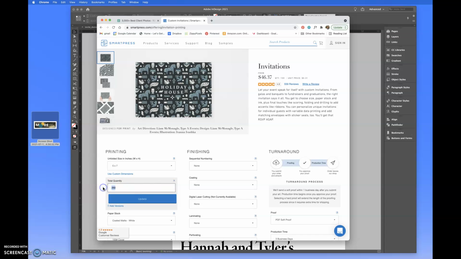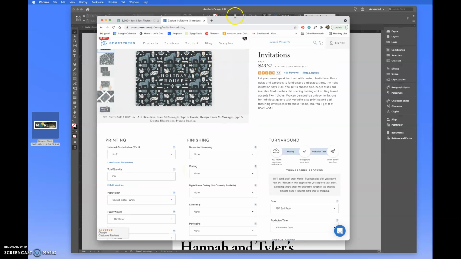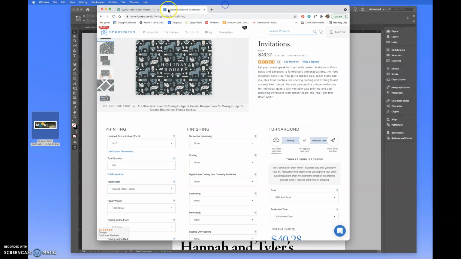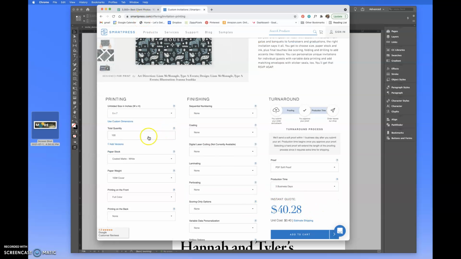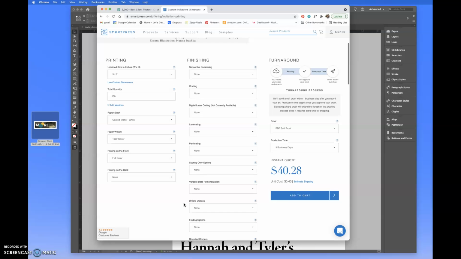I think we only made like 100 invitations, and we chose 5x7. And the great thing about using sites, engines like smartpress.com, they provide instant quotes. And so we talked through our paper choices, and if we were printing on the front and the back, and then we didn't need to use any of these extra features, but they're great to know that they're there, because